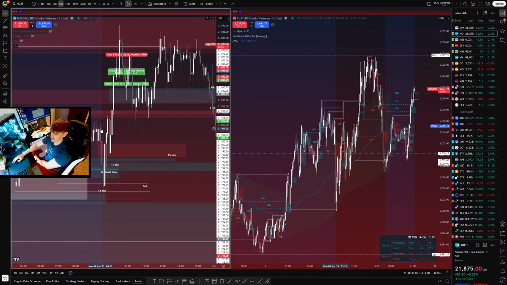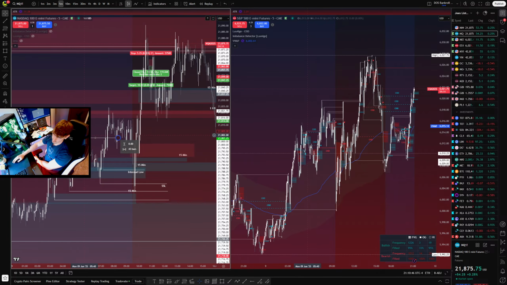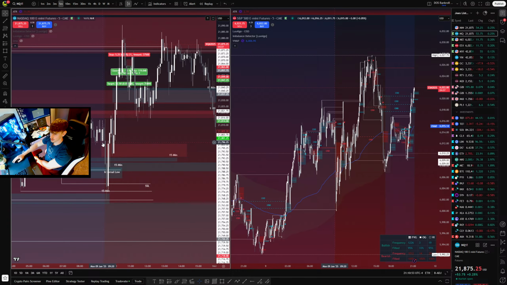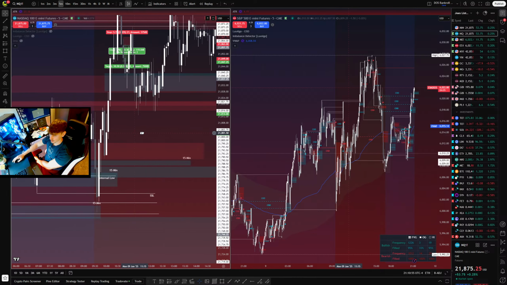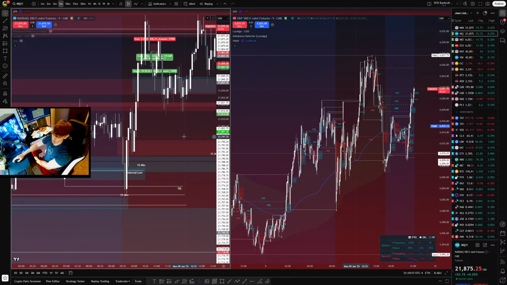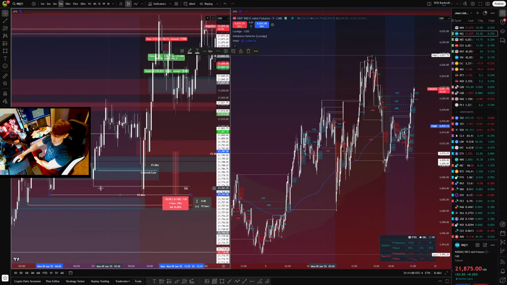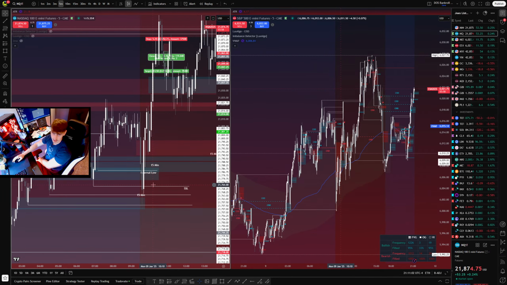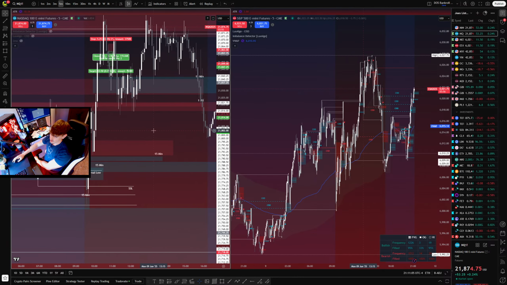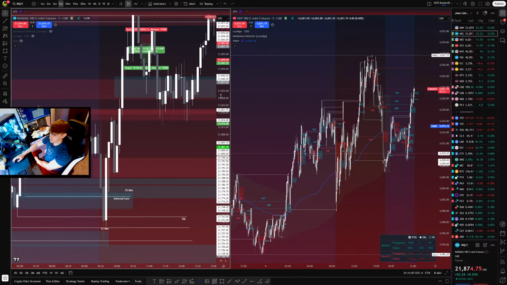Just an SMT is all I see. I said that SMT earlier. Obviously, there was a bearish SMT. We broke structure on the 5-minute, and then we retraced to a 5-minute bearish gap. That was apparently enough for him. Apparently, after sweeping all of London accumulation, manipulation, breaking structure on the 5-minute, and then a retrace to the 5-minute gap was enough for him. I don't know why he would trade that into sweeping all this really high time frame liquidity, but that's his trade. His trade's different than mine.